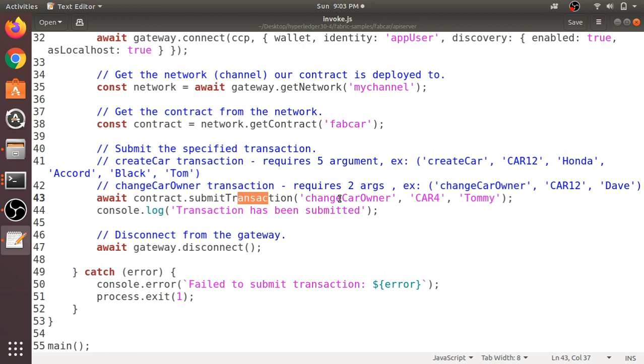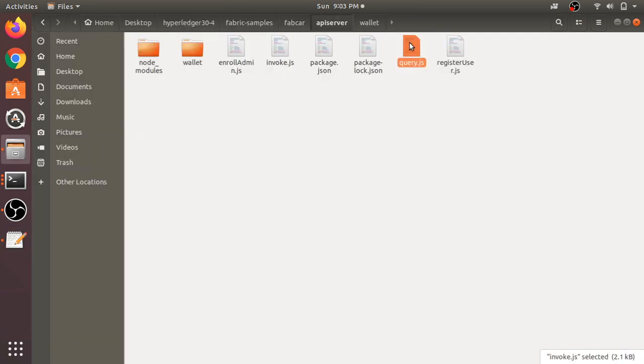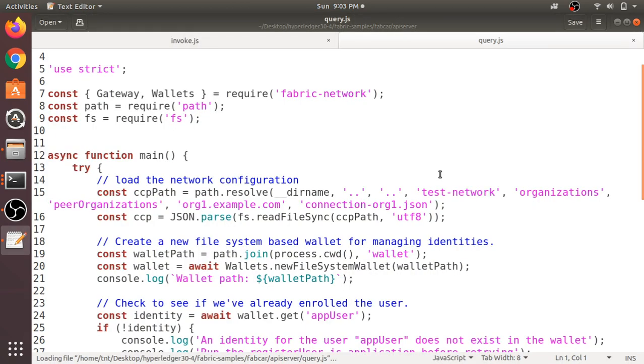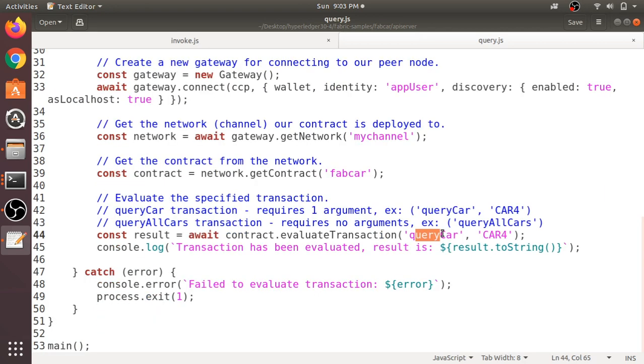Just review our previous video. So these are the two functions: first is change car owner, second is create car. The next two functions are in query.js, and they are mainly used for querying a single car's details or querying all car details. Here we have the function known as evaluate transaction, and you have to change the name of the chaincode function to either query car or query all cars.